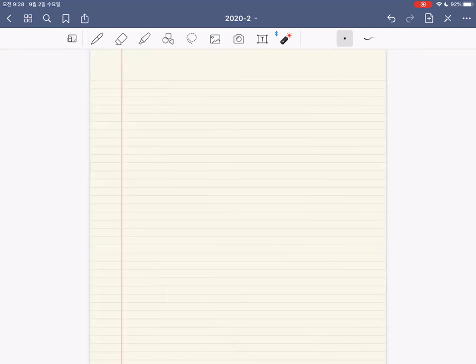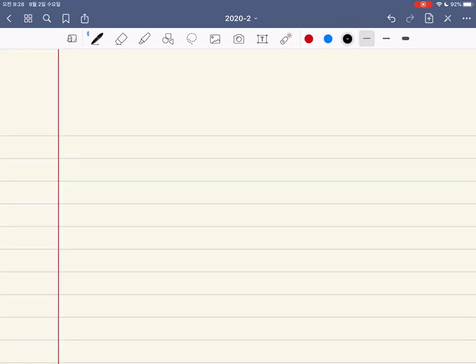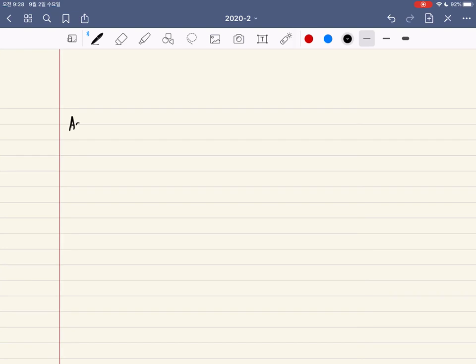Then, so this was an original signal, and if we do the phase shift with an amount of minus pi over 2,